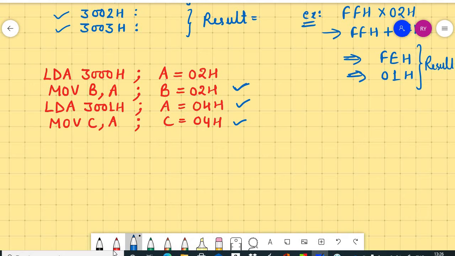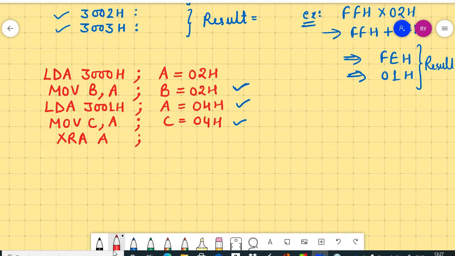Next part is to clear the accumulator for storing the result. For clearing the accumulator we can use any of these instructions, for example XRA A, SUB A, or MVI A, 00H.